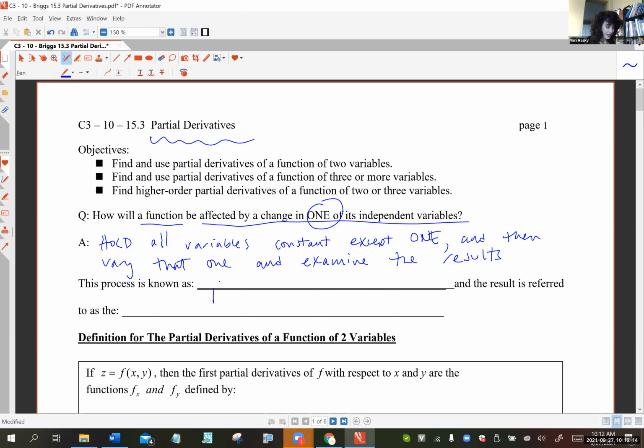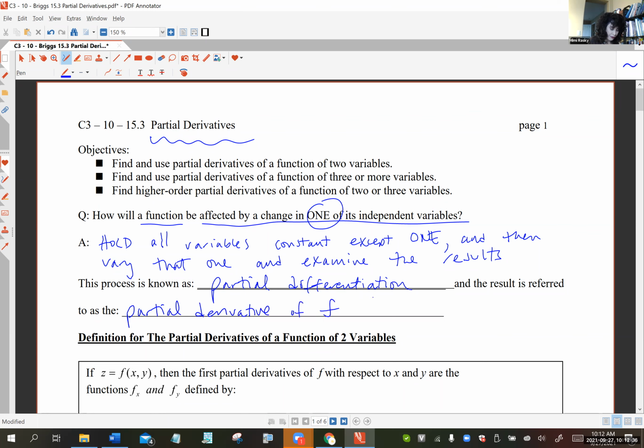This process is known as partial differentiation. So you can fill in the blank there, partial differentiation. And the result is referred to as, this is going to be long, the partial derivative